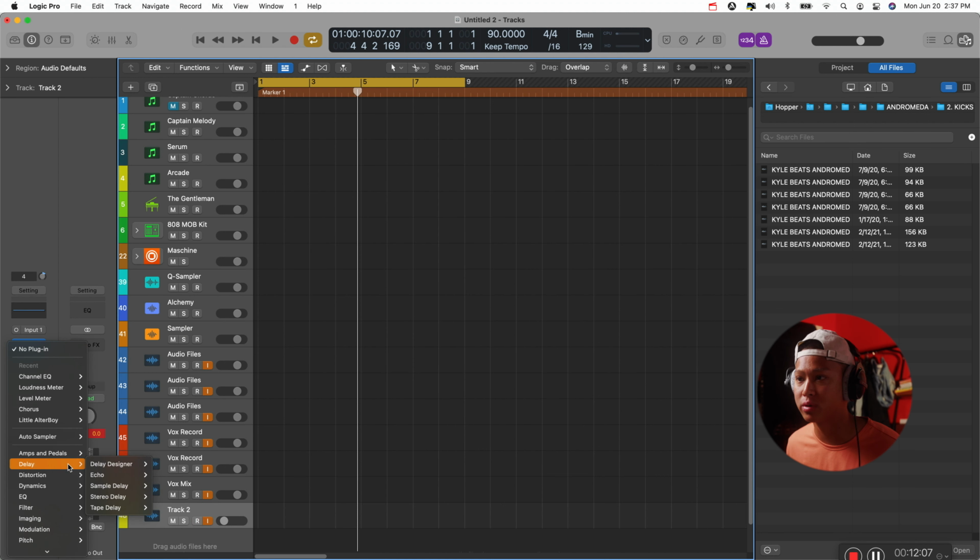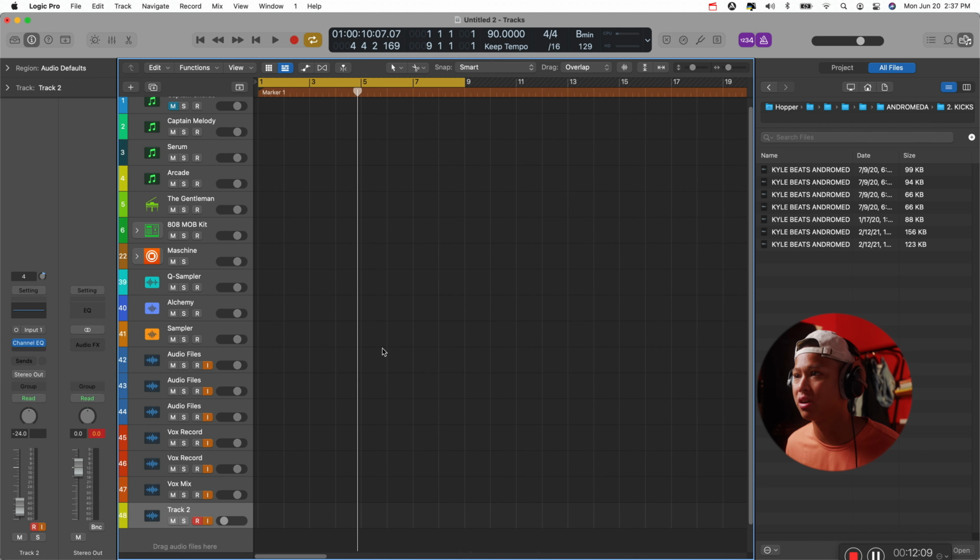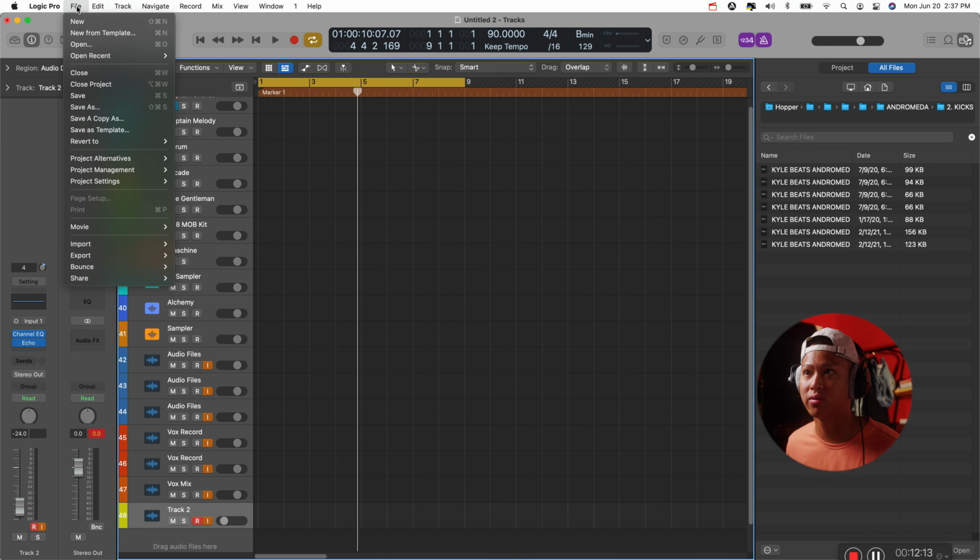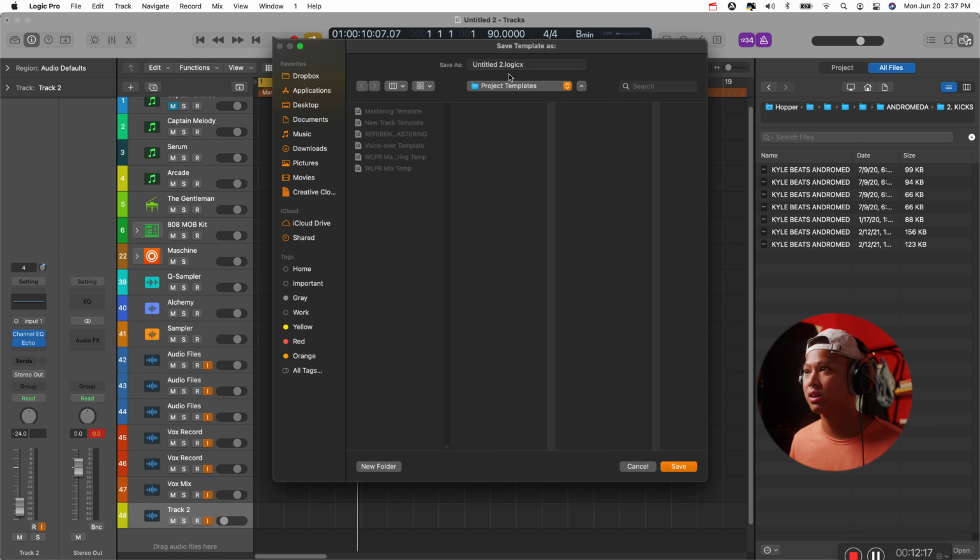And it's super simple and very useful. And then all you have to do is go File, Save as Template, and name it whatever you wish.